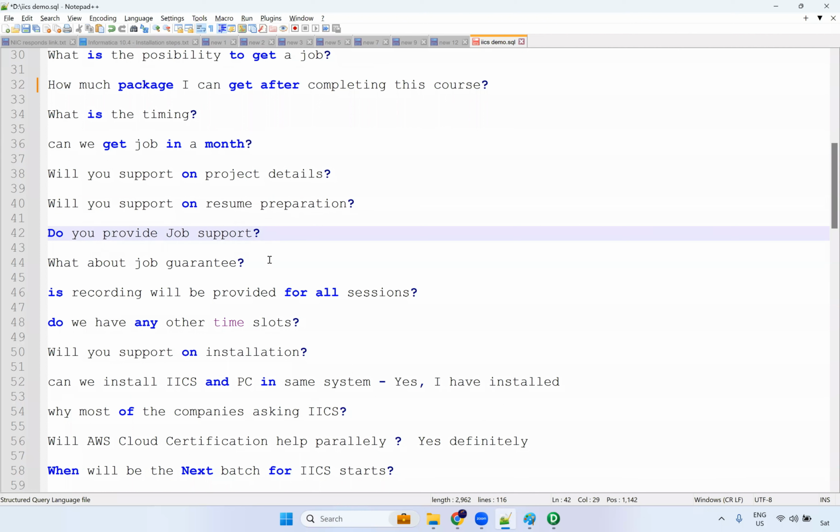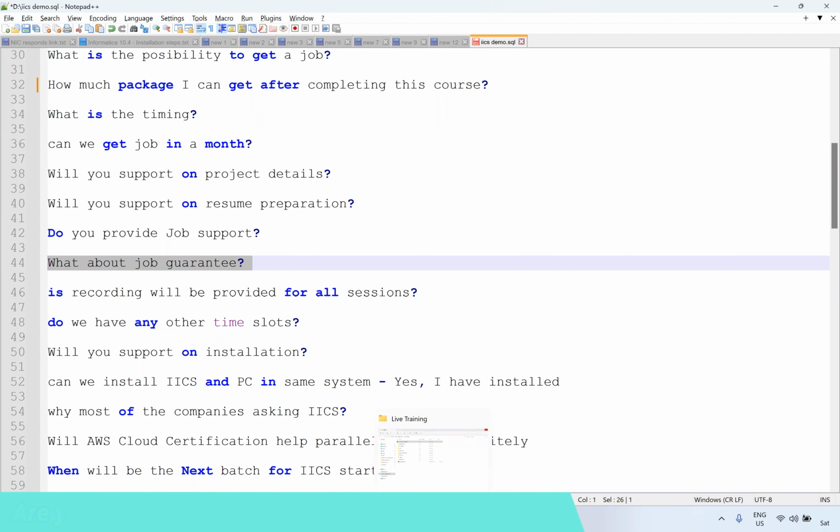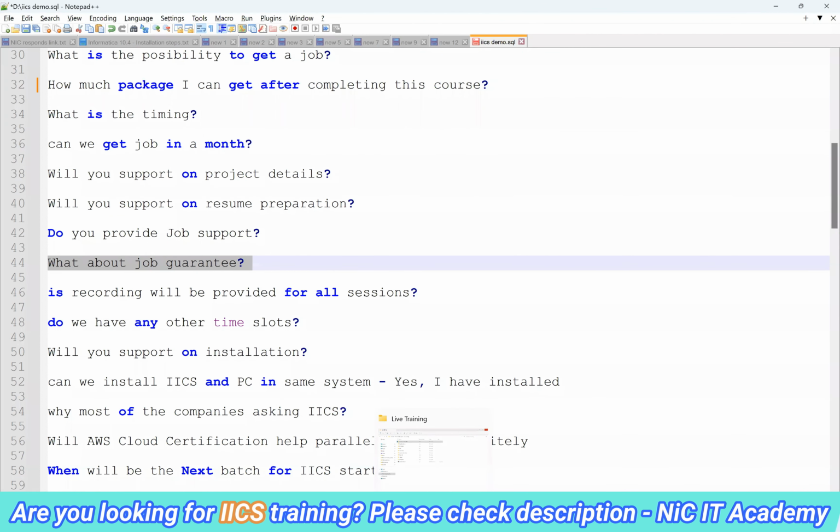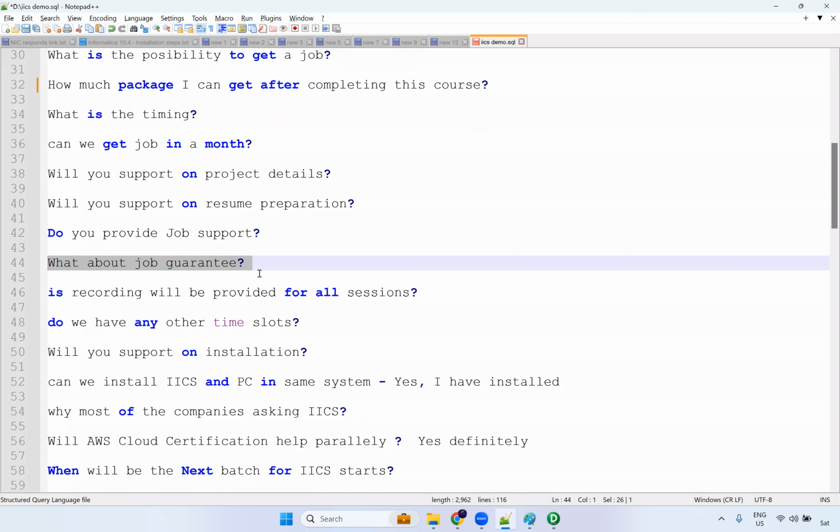I cannot support the job. And what about the job guarantee? After completing this, you can apply on LinkedIn or any job portals, Naukri or any job portals. Definitely you'll get the calls. No worries. If you are thinking that you are not getting calls for Informatica PowerCenter, as I told, it's a